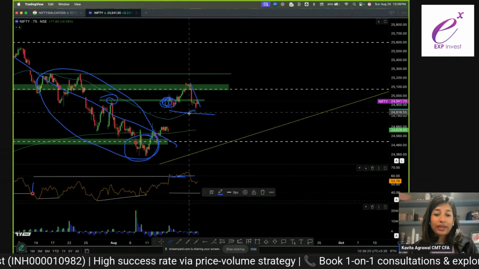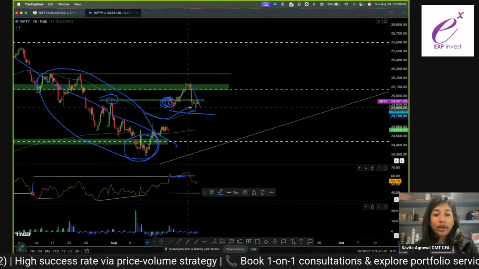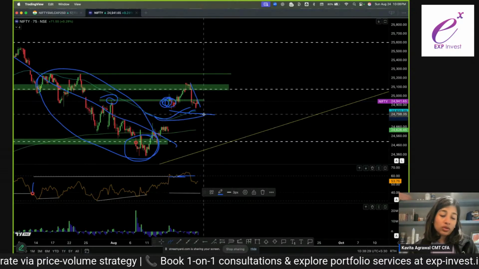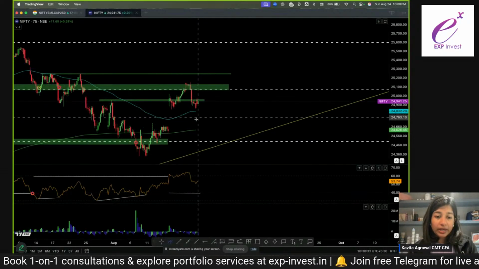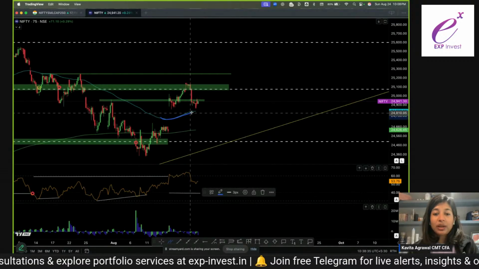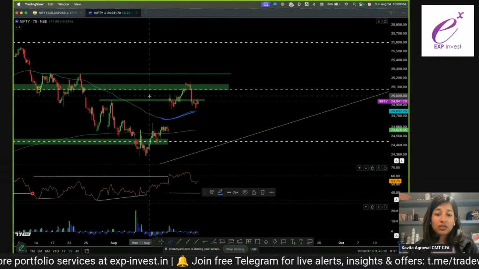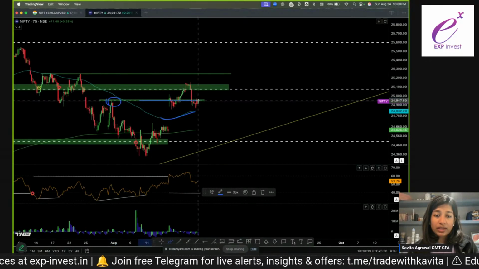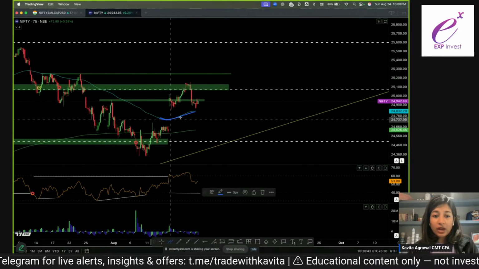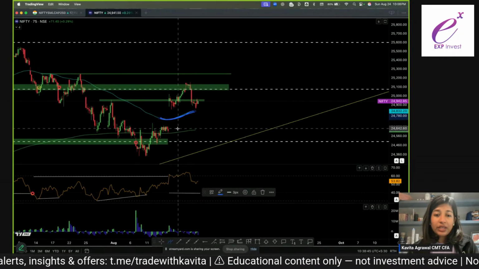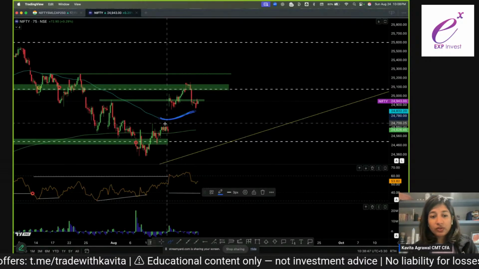And obviously the 20 EMA, which is this light blue line now, is also a very important support that has time and again acted out in the market. So this can be a temporary support. This was a support, and this has already been breached yesterday or Friday itself. And now this 20 EMA is another support. Let's see whether it will get filled or not.